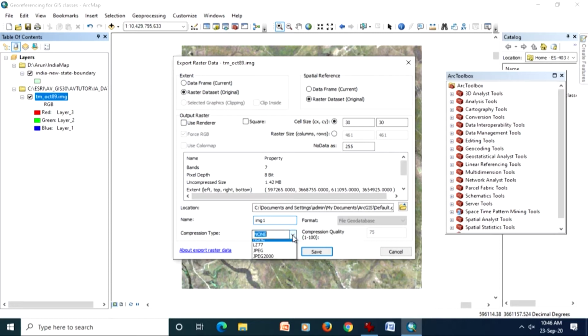If I go for compression type like LZ77, which we have discussed in the lecture, and also JPG format, which is a lossy compression technique, but LZ77 is not lossy, it is lossless compression. So we can resort to this, and when we save, of course, it will provide the compression. Depending on the file format, these options will be open for us.